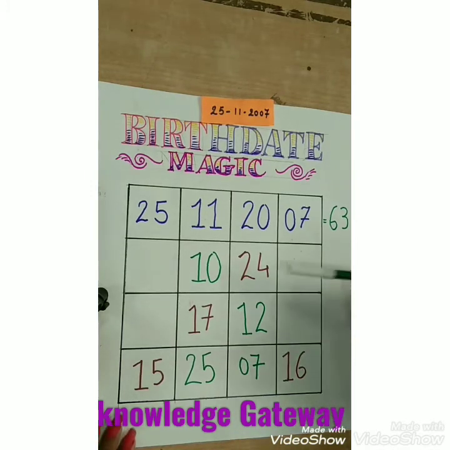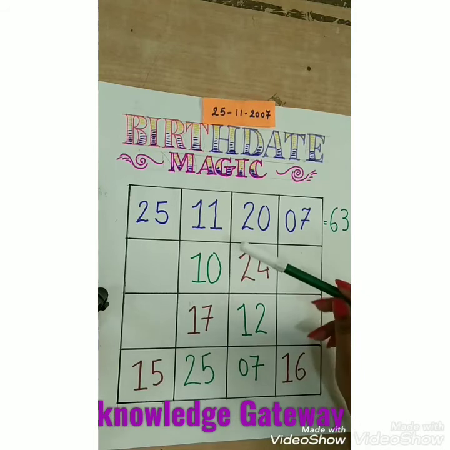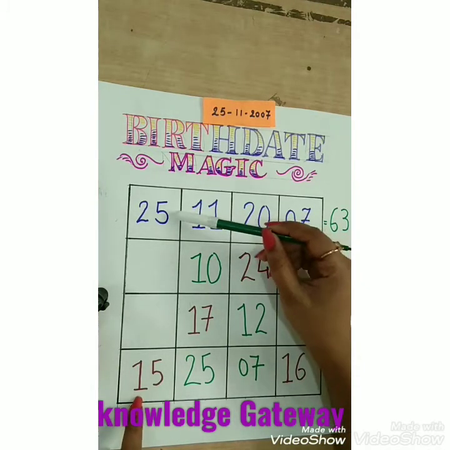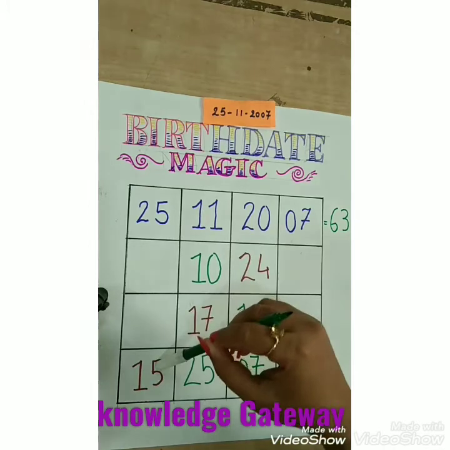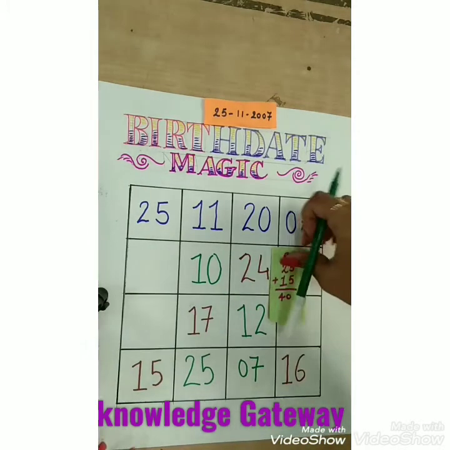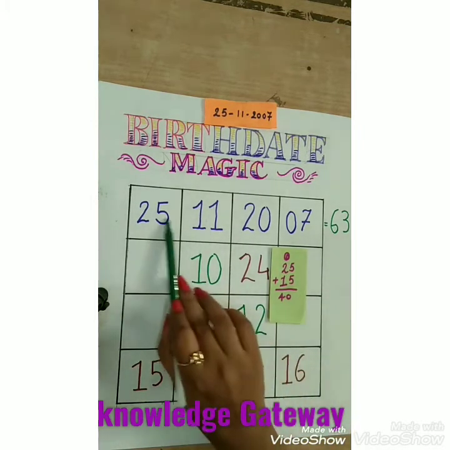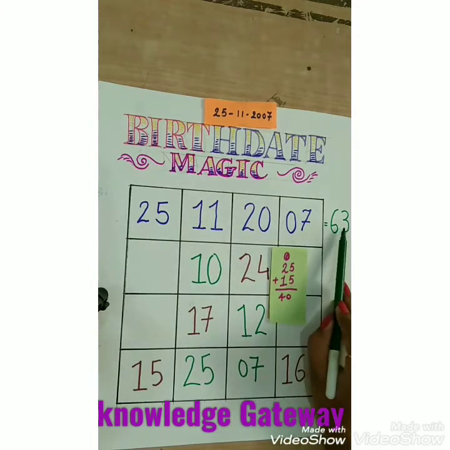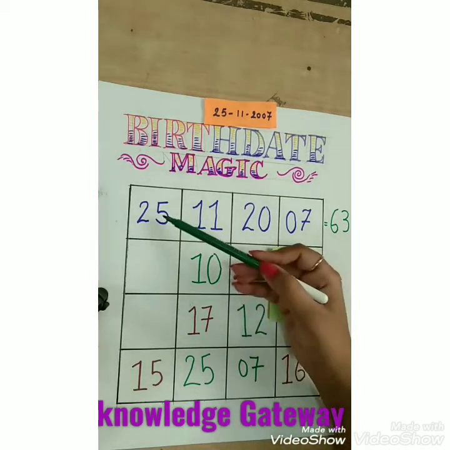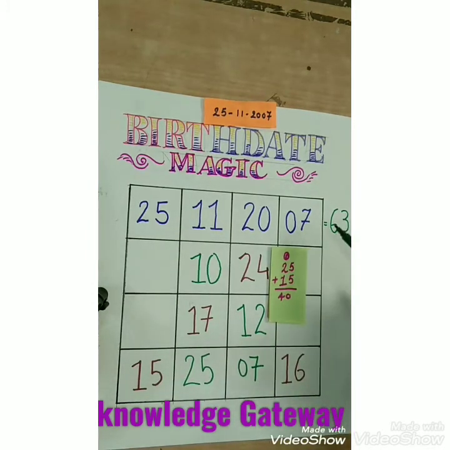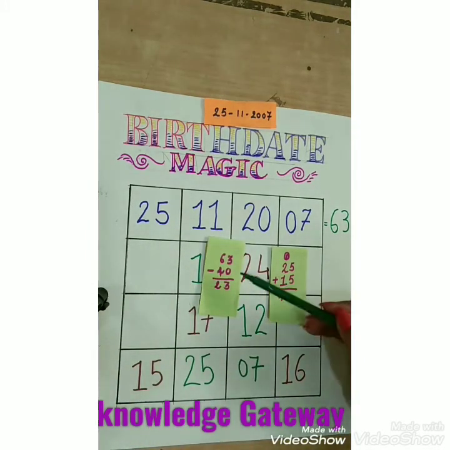Now we have to fill up this block, this block, this block and this block. For this, first we will take these 2 blocks. You have to do the addition of these 2, 25 plus 15. Suppose that the addition of 25 and 15, I got the answer 40. Same like the last steps, we have to take another number, but before it, you know that the addition of this row is equal to 63. So we have to subtract the addition of these 2 numbers from 63. So I will subtract 40 from 63. I will get 23.